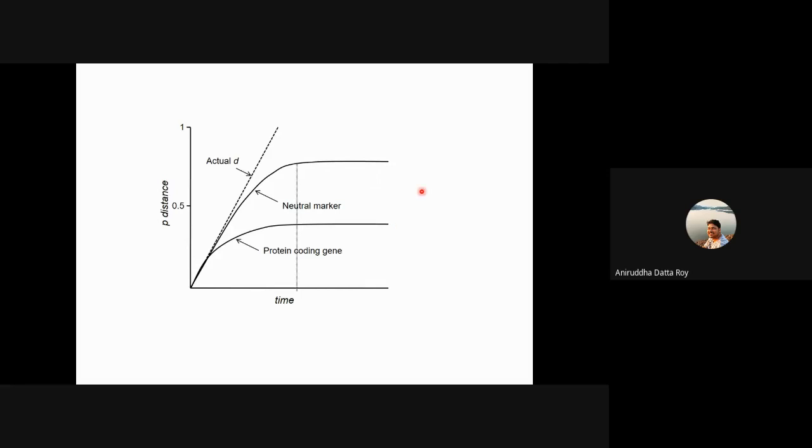And if you have a bunch of species that are all 75% different from each other, you won't be able to build a phylogeny,